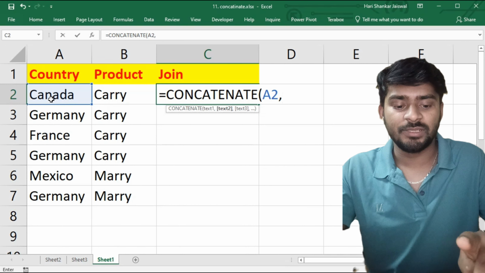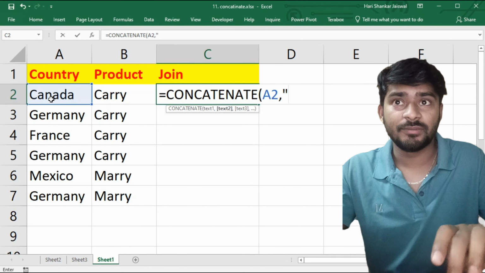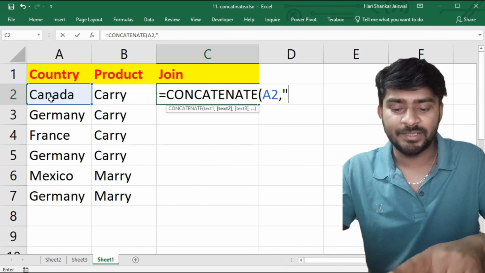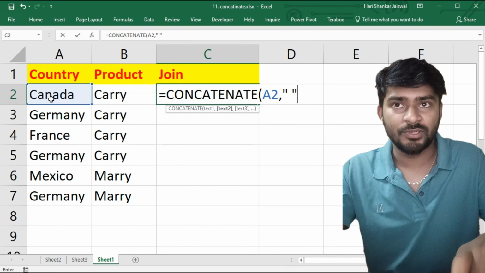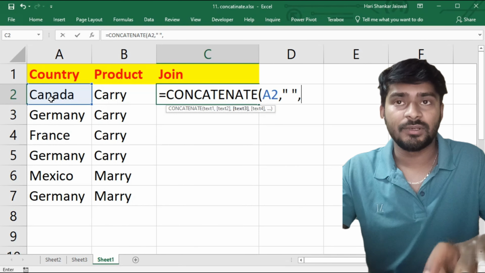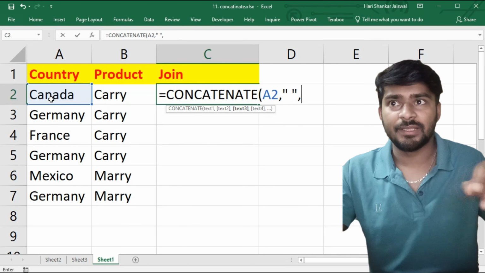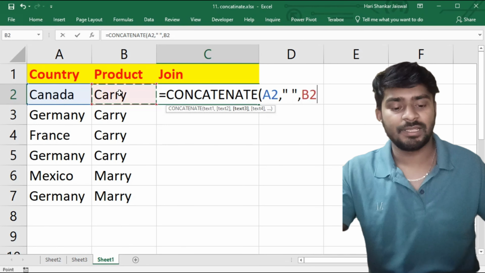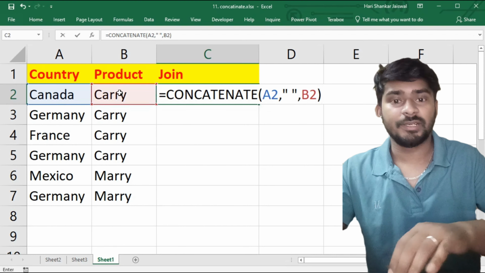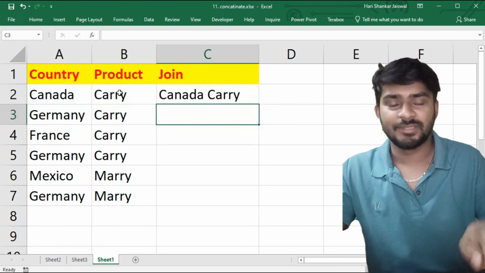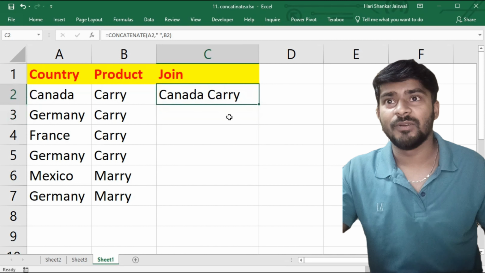So for that we will put a comma, then inverted commas. We will press inverted comma, a space, and then again inverted comma, and then comma, and then we will select the other cell and we will close the bracket and hit enter. Now you can see our result is